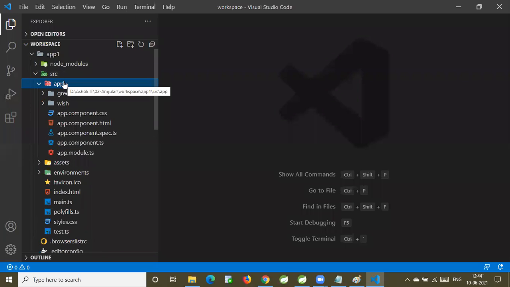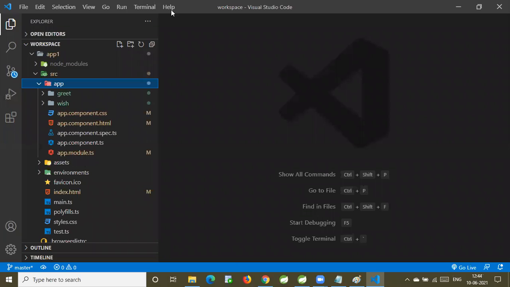Is the app component mandatory or optional? App is a mandatory component. We will call it the parent component. An Angular application will start from the app module. The app module will bootstrap the app component. The app component will be invoked in the index.html by using the app component selector. All the remaining components will be created inside the app component. So the components that we create in Angular are called child components of the app component.